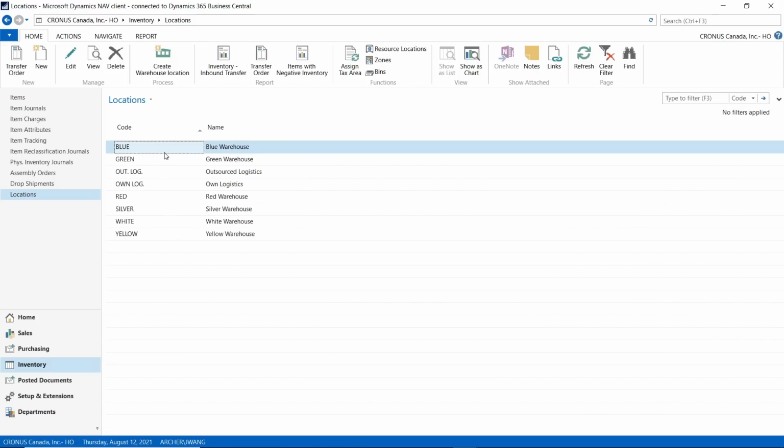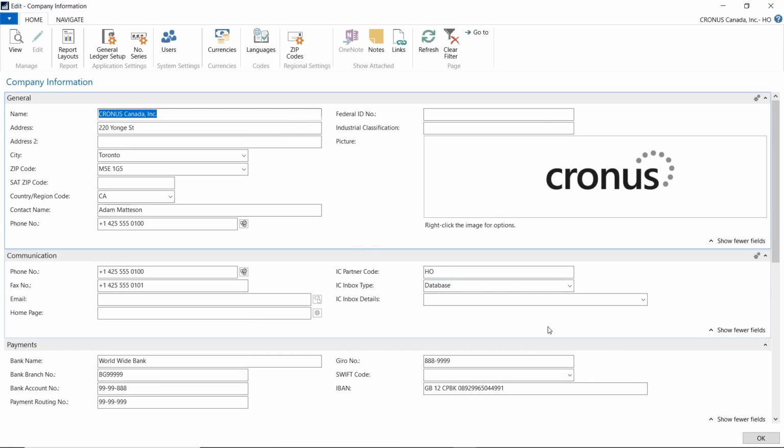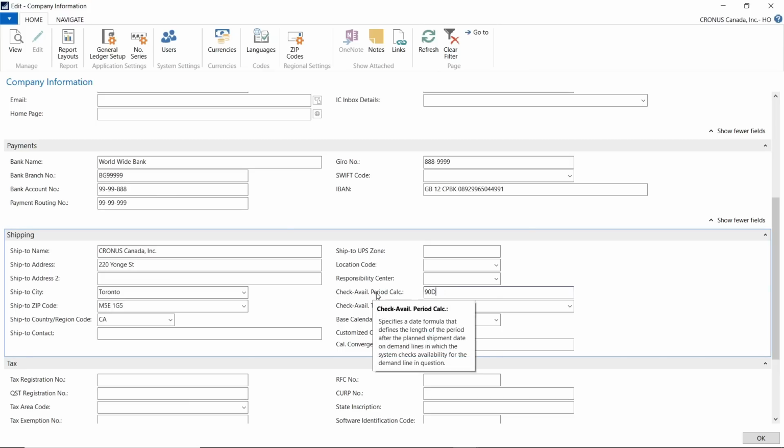So the setup on the location card is always to override the outbound warehouse handling time on the inventory setup. So that's for the outbound warehouse handling time. And also in the company information, there are some fields which are related to order promising as well. If you scroll down to the Shipping fast tab, you can see there's a field called Check Availability